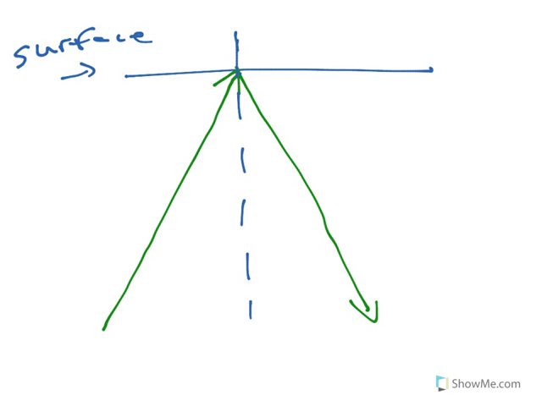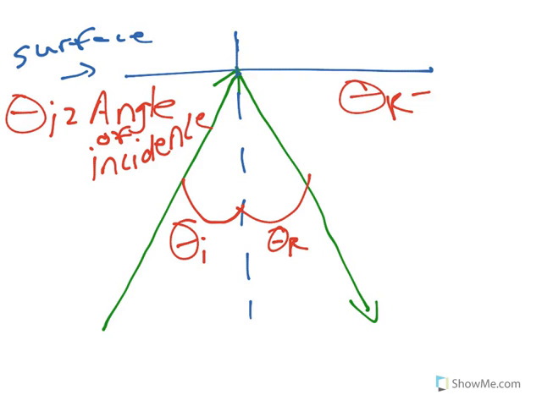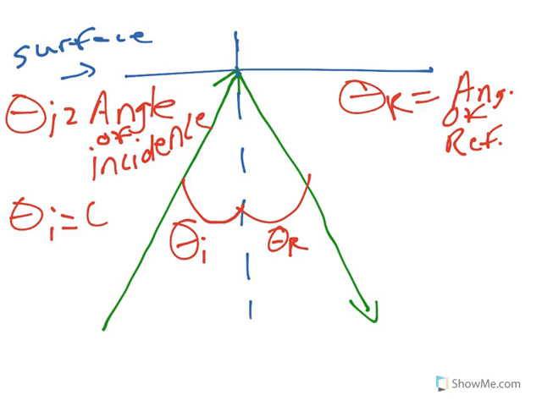to the surface. We then have two angles here, theta I and theta R, and these are known as the angle of incidence and the angle of reflection. And those two things are equal. Alright? Angle of reflection. Okay, so those two things should be equal to each other if everything works out the way it's